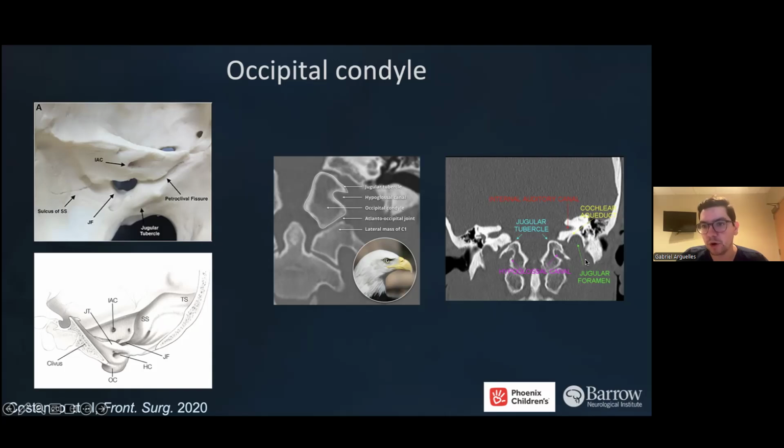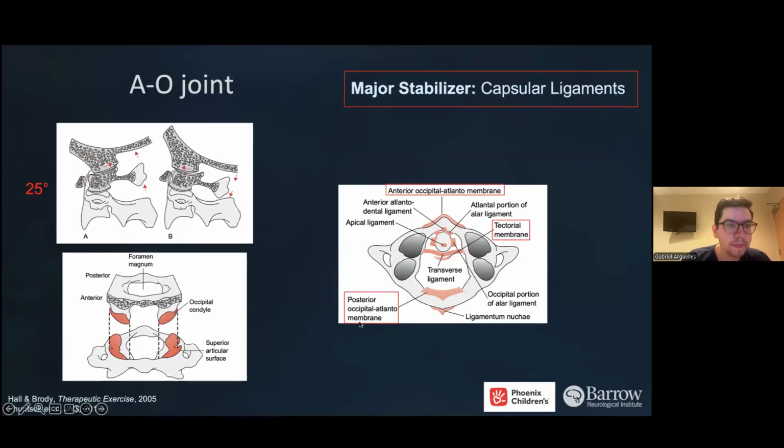And here's a nice overview as well, a little more zoomed out view of that anatomy. All right, and then we'll talk about our first joint here. So the AO joint, or the atlanto-occipital joint, also called the OC1 joint. This is the joint formed by the junction of the occipital bone and the atlas, or the cervical one